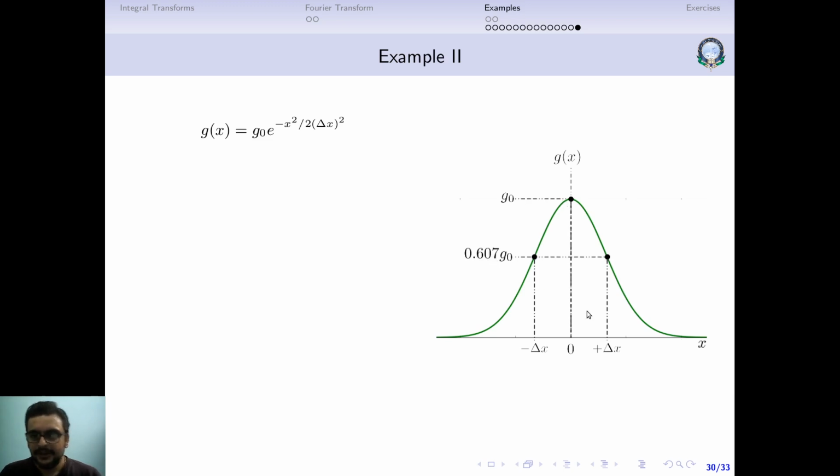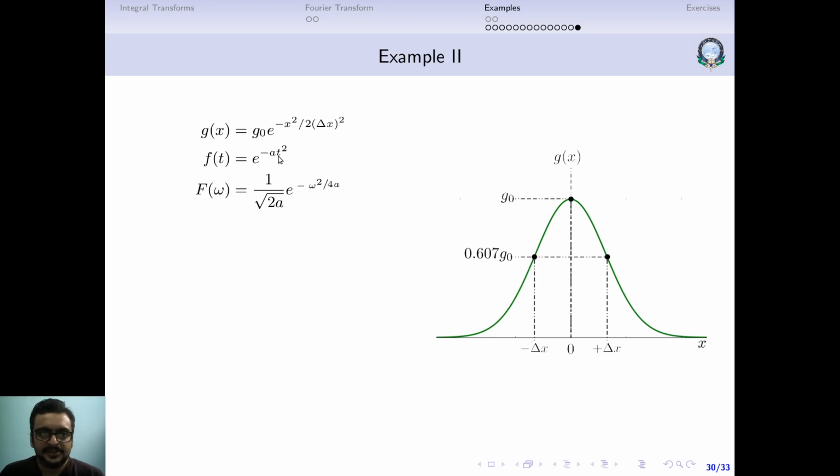So the variance is defined as that range of values of x at which the Gaussian function will take a value which is around 61% of its maximum value. So this is basically your Gaussian function. g naught is the maximum value, and this delta x which appears in the exponent gives you the spread. If delta x was large, with delta x here and minus delta x here, you will get a larger spread. If delta x is smaller, you will get a smaller spread of this same Gaussian function.